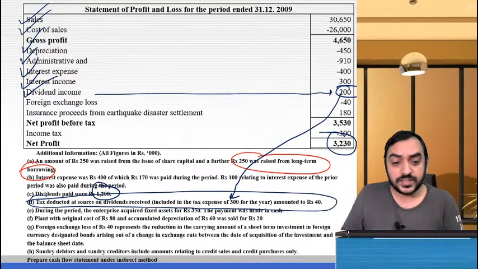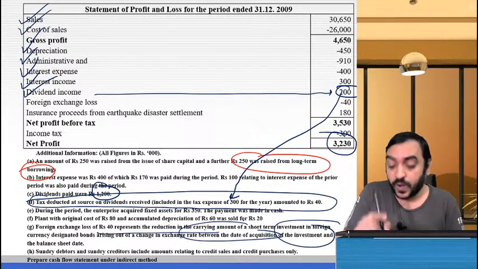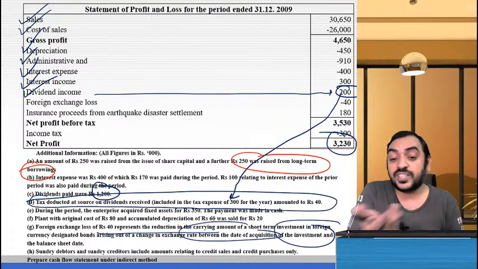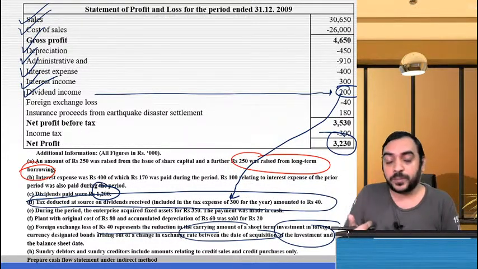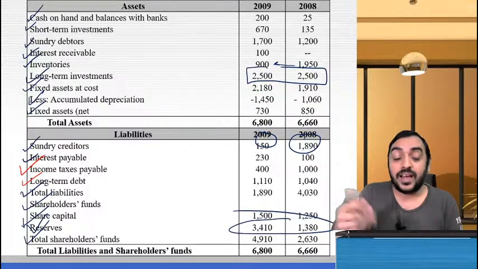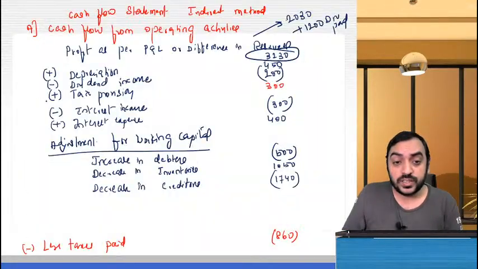Okay, foreign exchange loss, they said it is representing reduction in the carrying amount of short-term investment. So this loss is an unrealized loss, because it is a change in the investments. You have not sold, you have not purchased. So it should be added back, unrealized, added back. So in this account, you add back